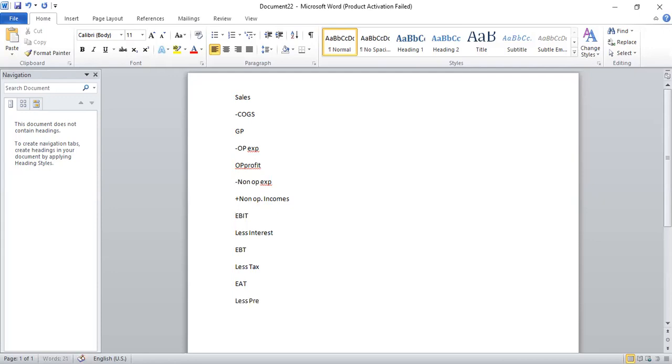So less preferred dividend. After preferred dividend, we have it as net income of common equity shareholders. So now this is the format. I wrote all short forms, but